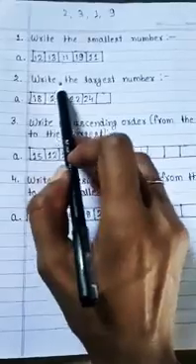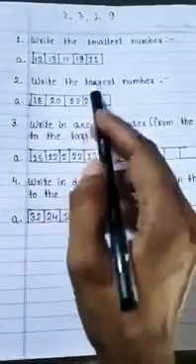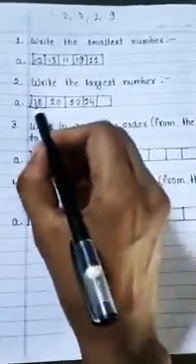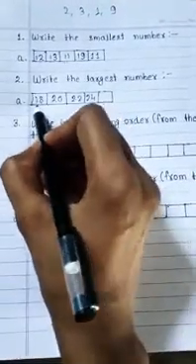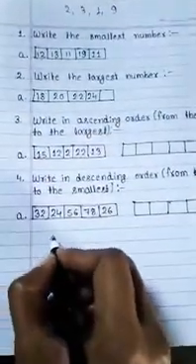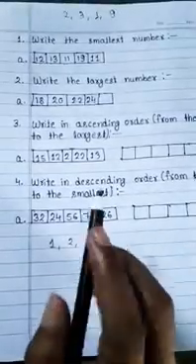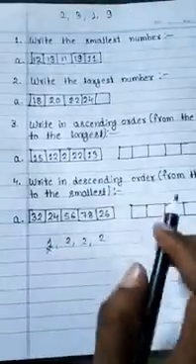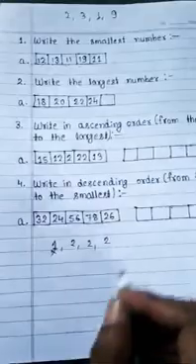Second question. Write the largest number. You have to do the same as you did here. Okay. So first of all, we consider the tens place digit. Here is 1, here is 2, 2, 2. Okay? You have to consider the tens place digit. So 1 is the smallest. It means 18 will not be the answer. Next.